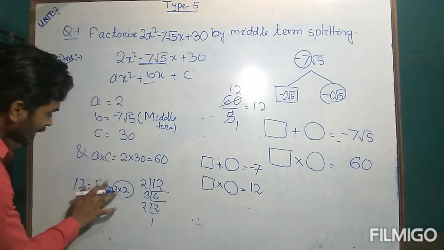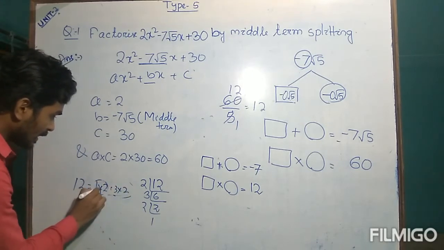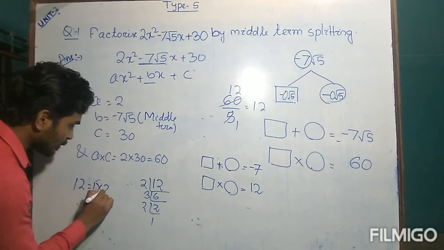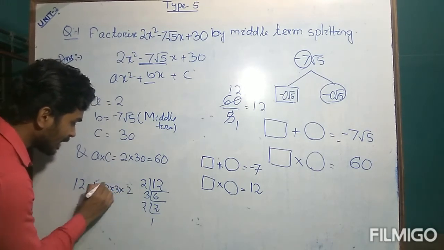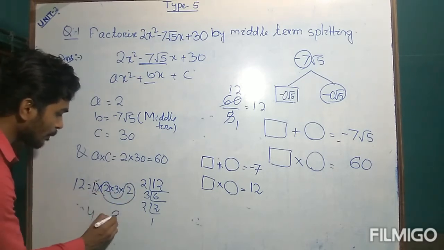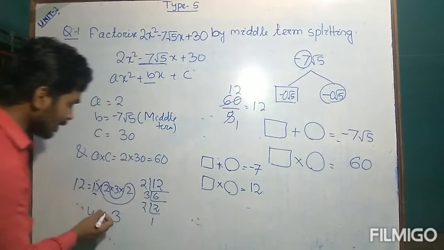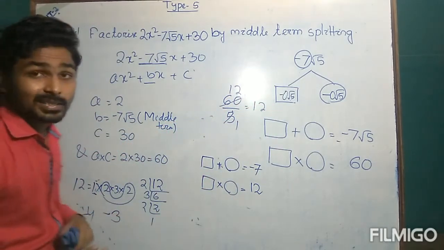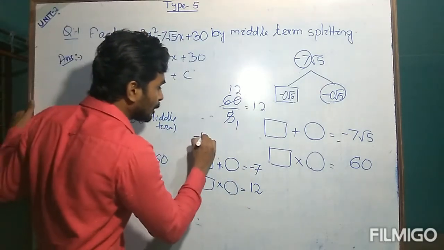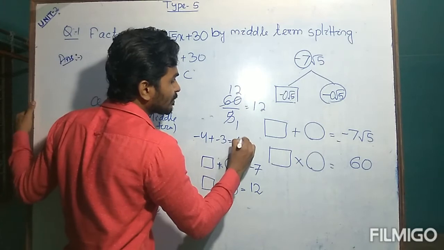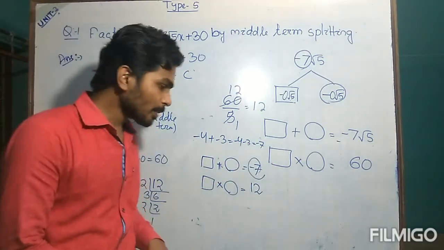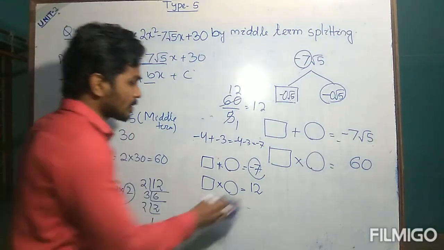Suppose I am taking this, I am writing again 1 into 2 into 3 into 2. I am taking this as a part. 2 into 2 is 4 and the remaining 3 into 1 is 3. Since both numbers must be negative, negative, negative. Now minus 4 and minus 3: 4 times 3 is 12. When they multiply, they give 12. But when they are added, they give minus 7, which is what you need. That is clear? So these are the two correct assumptions.